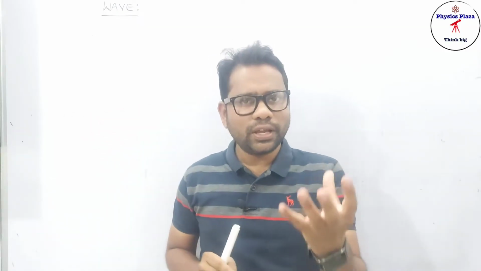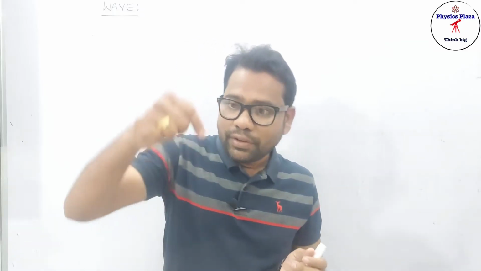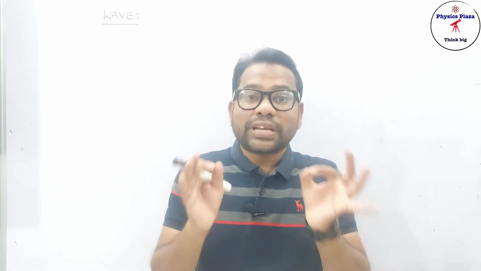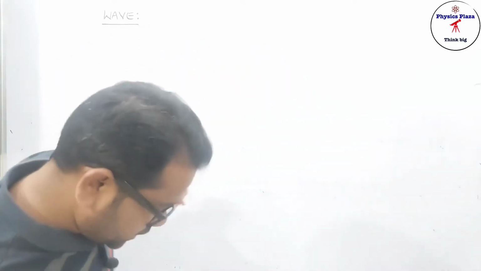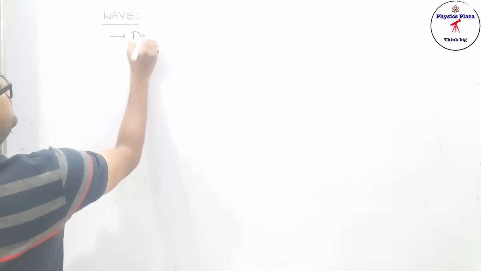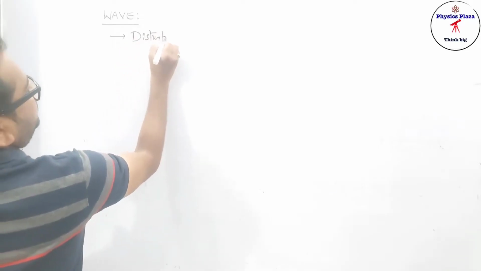Am I clear? Yes. So here water is a medium. When we touch it, what are we doing? We are creating a disturbance. That disturbance can travel in all directions with equal speed. This disturbance produced, we can call it a wave. So let me repeat once again. The disturbance created in the medium which can travel in all directions with equal speed is called, what actually, children, a wave. Regarding a wave, as I told you, it is a disturbance.